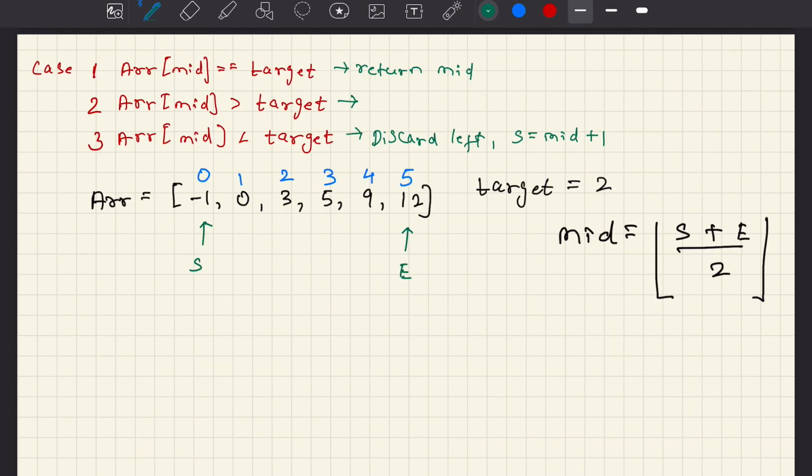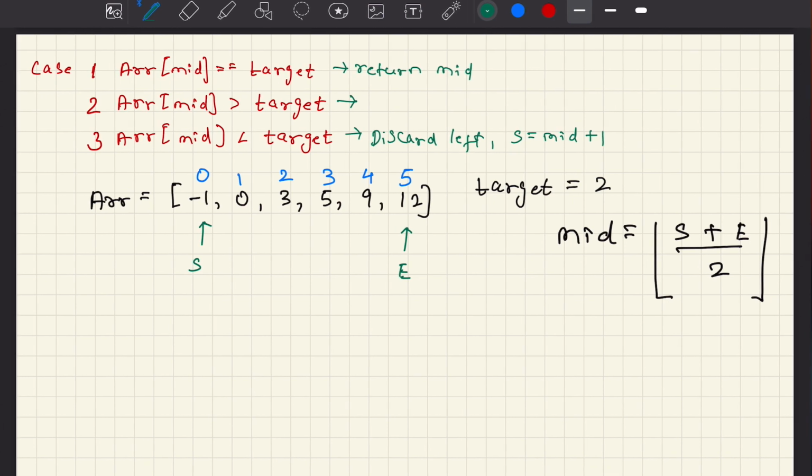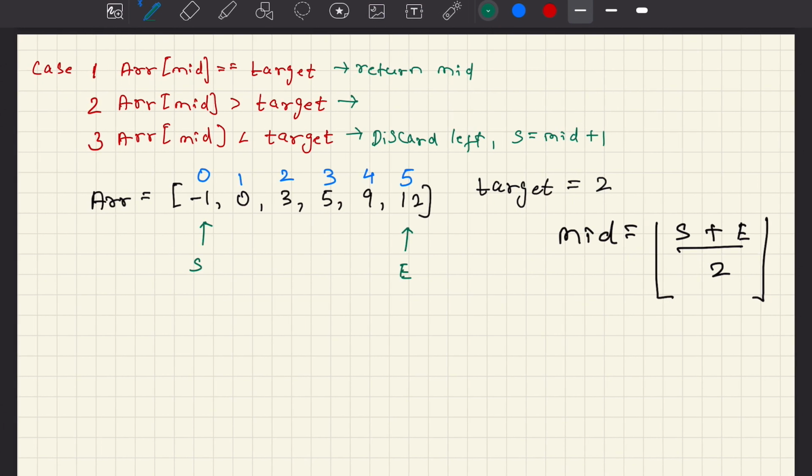Let's consider another problem. Here the target is 2. Like the previous problem, we have two pointers, one pointing at the start of the array and another one pointing at the end of the array, the start and the end. And we compute the mid over here using the same formula as above. The mid, so it's 0 plus 5 divided by 2 is 2.5, and we take the floor of that, so that is 2. So our middle element is at index 2,